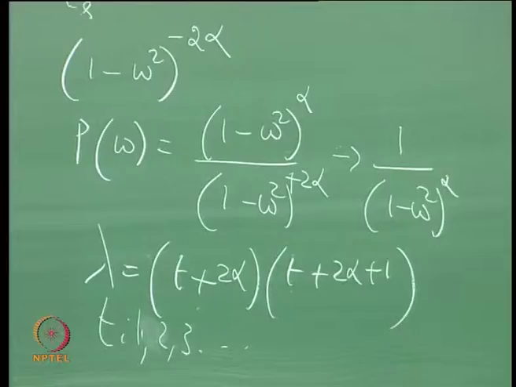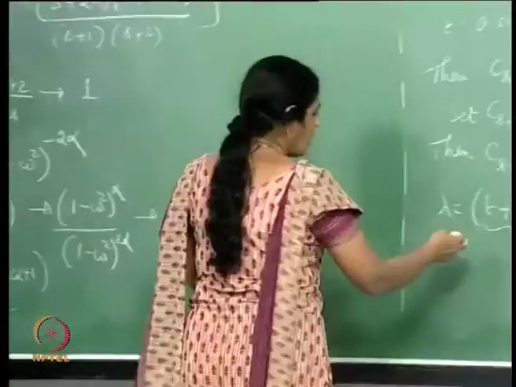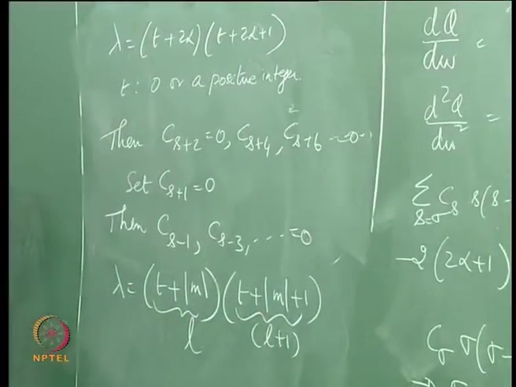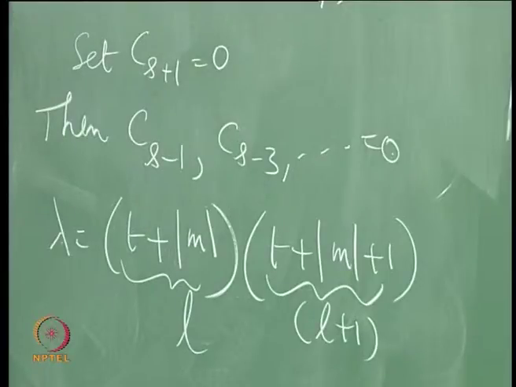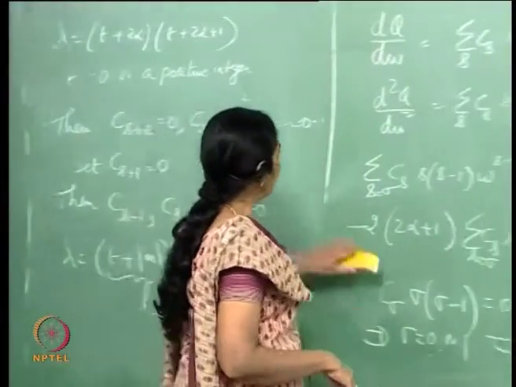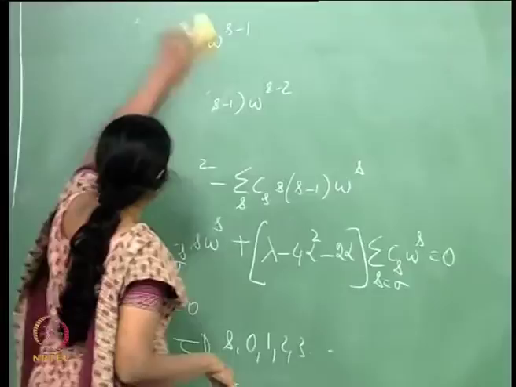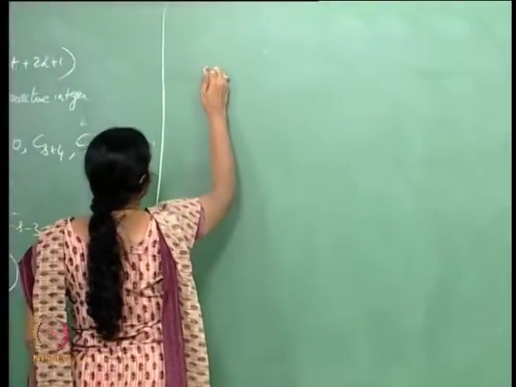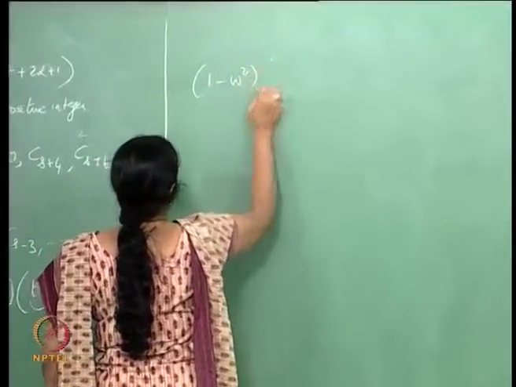So it is really the well behaved nature of the wave function, the single valued nature of the wave function, that gives you quantization. Returning now to this problem, so I have lambda equals L times L plus 1. So I can go back to the equation for Q and see what I have. The equation for Q simply said this: